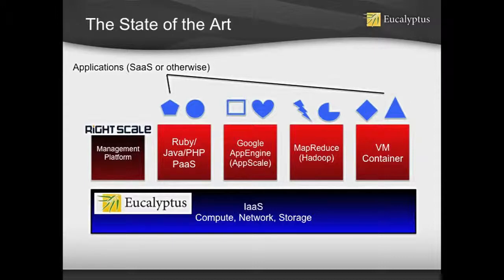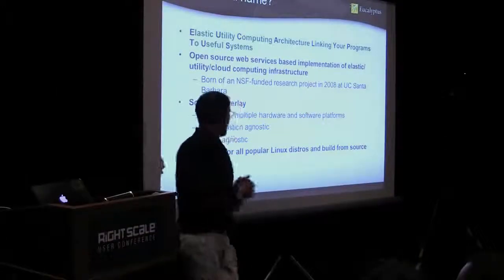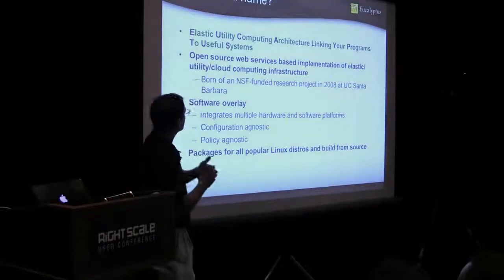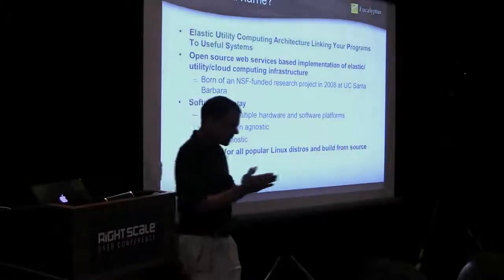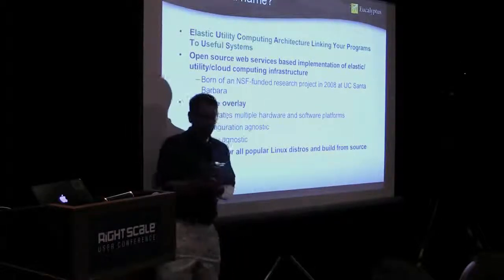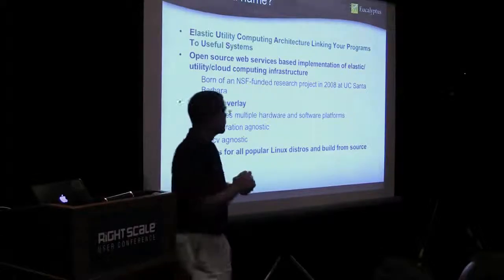And the Lucky Charms things up here are really designed to represent the application components that run in these various environments. Okay, so you know about RightScale, and we'll get back to how they work together. What I thought I would do is talk a little bit about Eucalyptus. Eucalyptus started as a research project in 2007. It was an early research project in cloud computing, at the University of California, Santa Barbara.